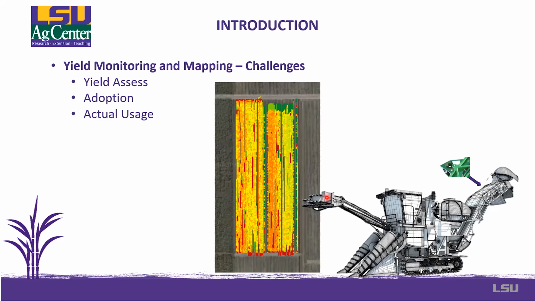So the question is, if I'm not going to do it, is there any other way? How could we approach this and still have this information more easily available for everyone, for people that have the monitor and for people that don't? And if it could be predicted before they actually harvest, it could be used throughout the season for management purposes. So we came up with this idea, which has been used for different crops before,